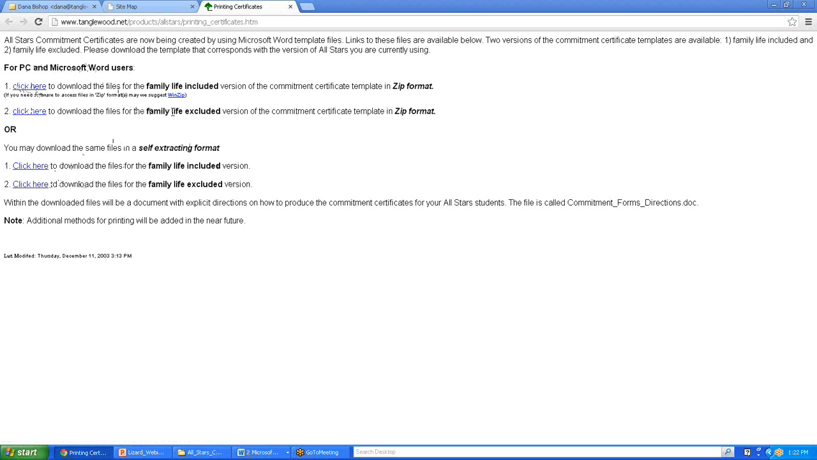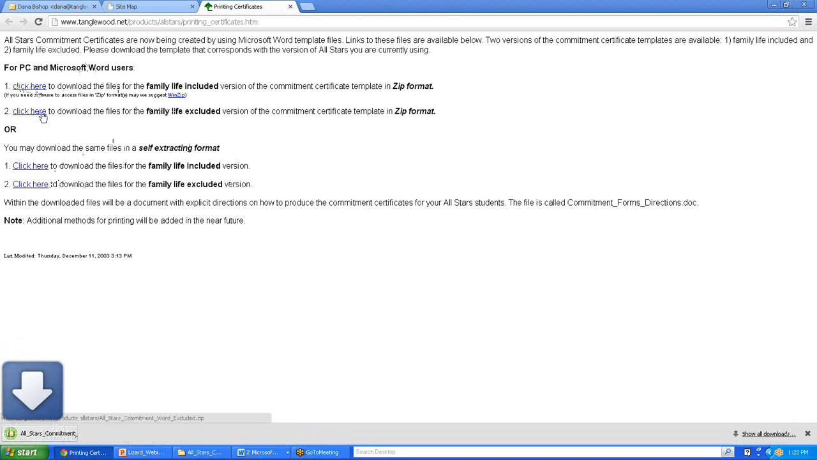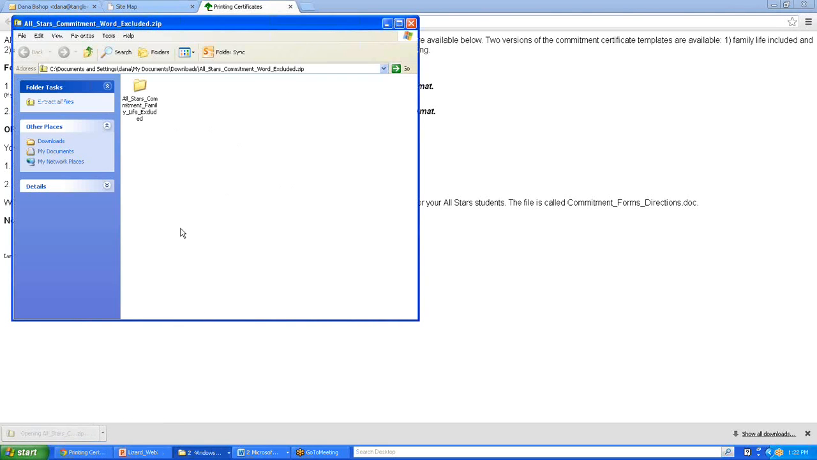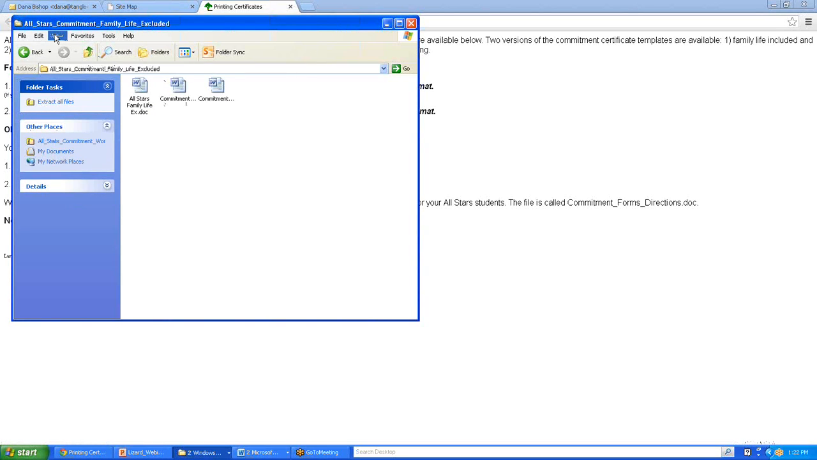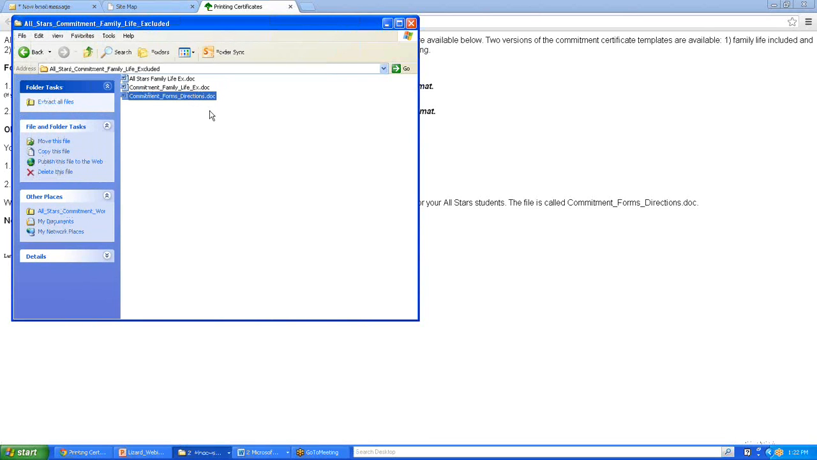In this example, I'm going to click Family Life Excluded and download the files. Save it to a place on your computer where you can easily access these files. Three files will be downloaded. There are directions, which if you're viewing this tutorial you should not need, as I will be going through all of the directions. Commitment Family Life X,